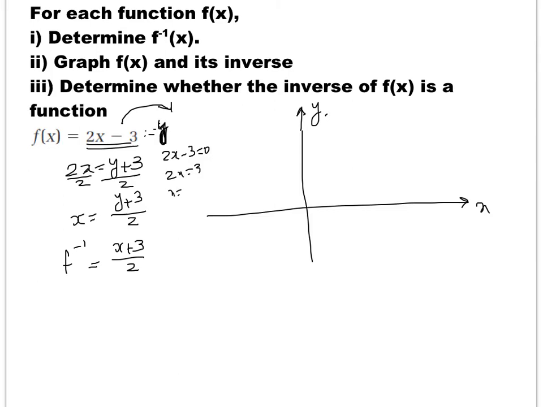So x is 3 over 2, which is 1.5. So this is my x-intercept. So if this is 1, this is 2, this is my x-intercept. Y-intercept, obviously it's apparent, is negative 3, or you can say y-intercept, x is 0. So 2 times 0 is 0 minus 3, so it's minus 3. 1, 2, 3. This is minus 3,